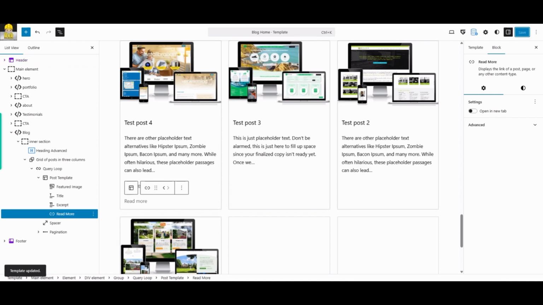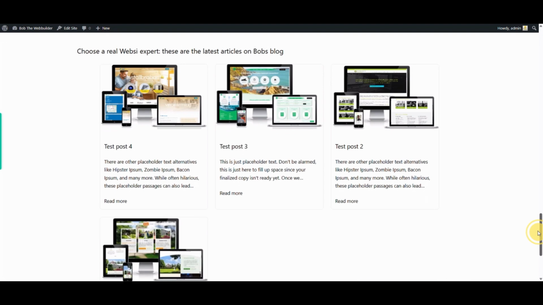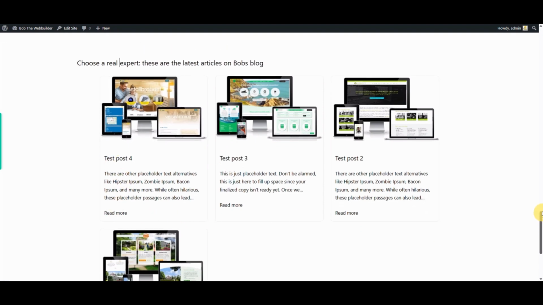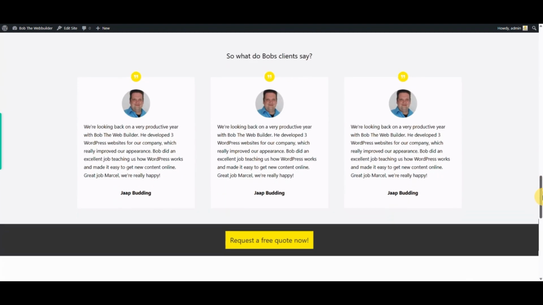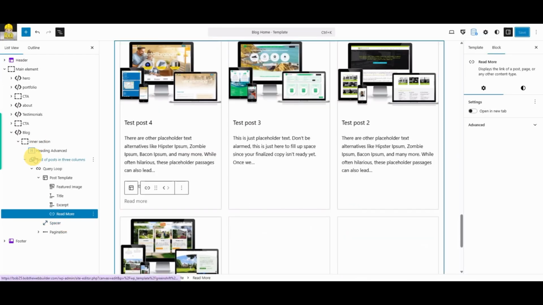So let's see how that looks on the front end. This is the way it looks now. Of course, it's not perfect, but we do not have the styling options that we have with Greenshift on core blocks. So we can't do too much with that, unless, of course, we